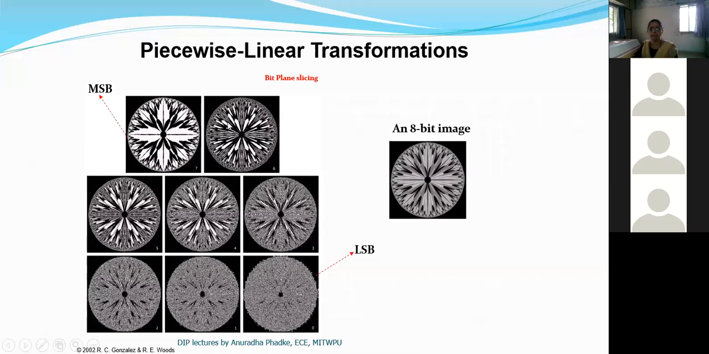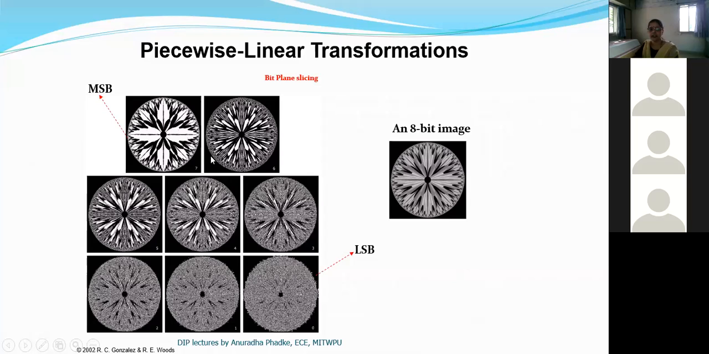Okay, so compared to the first 4 planes, the last 4 planes give you less significant information. But they can contribute to minute details, as shown here. One advantage of bit plane slicing is you can directly focus on the most significant planes in order to